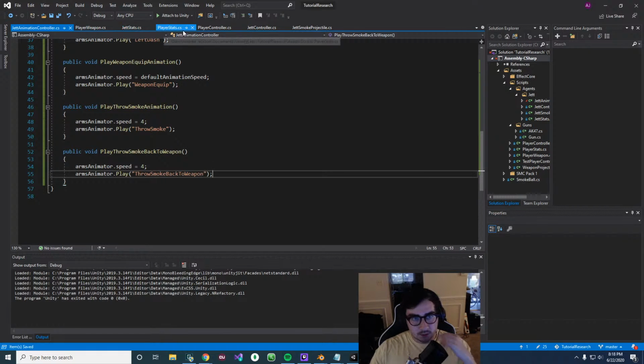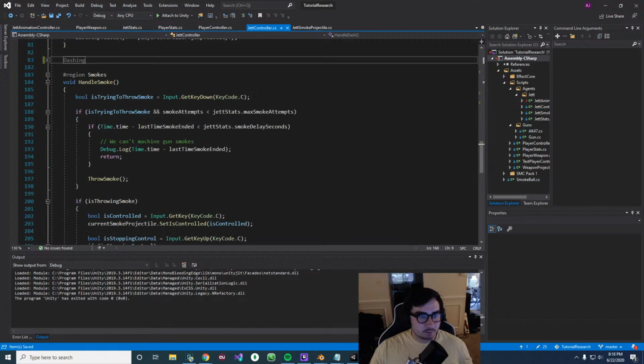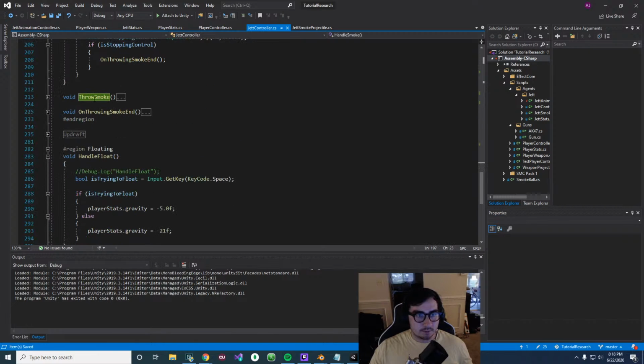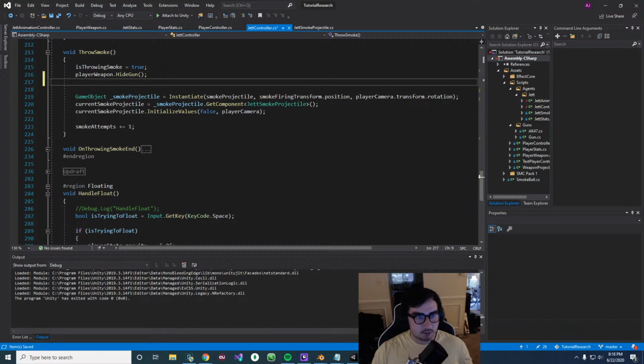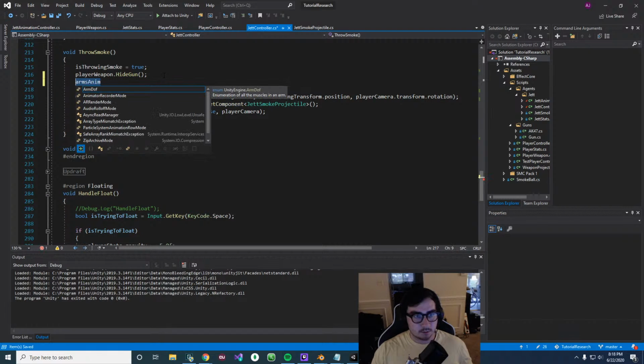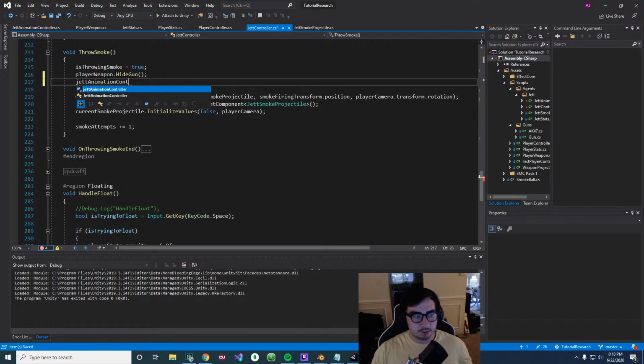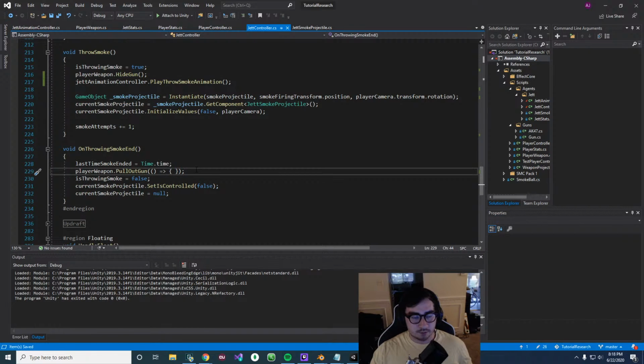Okay, so in our Jett controller, if we go under the smokes region, we see that we have a throw smokes function, and here we can actually say Jett animation controller dot play throw smoke animation. And then we have a pull out gun here. So is there a way that I can,